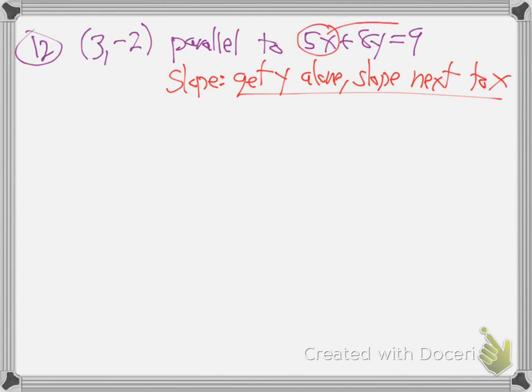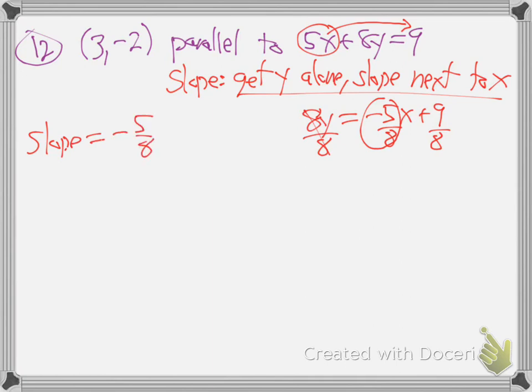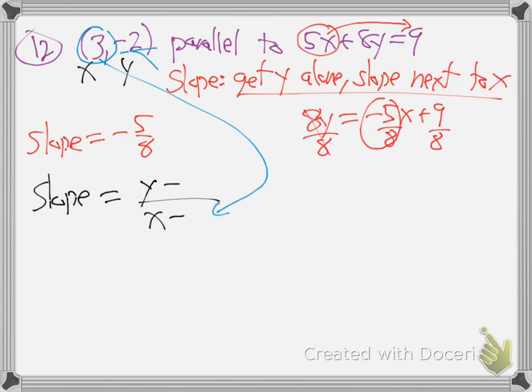So take this equation, jump the 5x over, we'll have 8y is -5x plus 9. Divide by 8. There it is. So there's the slope. So now we know our slope is -5/8. So now we write slope equals y minus blank over x minus blank. Grab the x and the y values, put them in. So I'll grab this x, put it in the back of x, this y, put it there, and the slope, put it there. So I get -5/8 equals